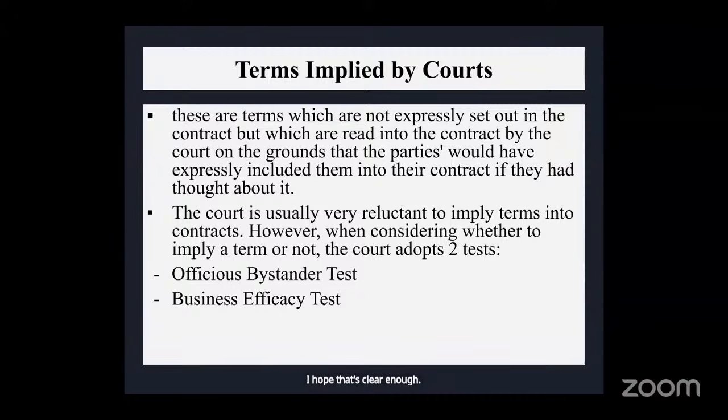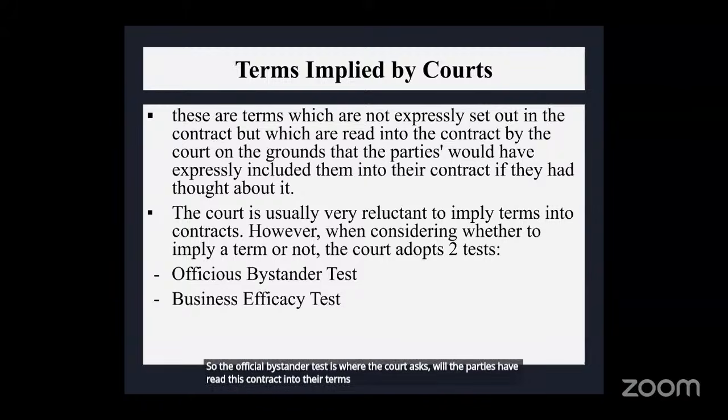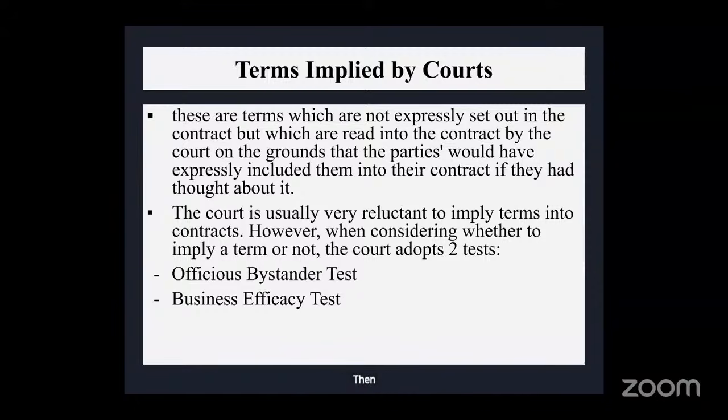So the officious bystander test is where the court asks, would the parties have read this term into their contract if they had the opportunity to consider it, right? If the answer is of course yes, then the court will read it. If the answer is no, then the court would not read it. Then the second type of test is the business efficacy test. And what the business efficacy test simply means is that,